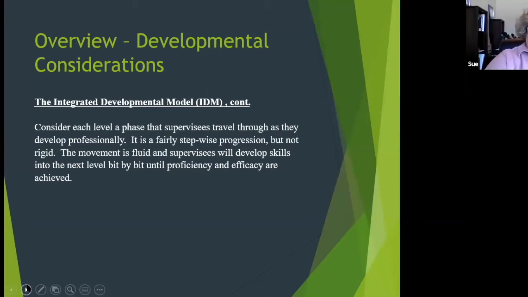So I want to talk about models just because it's a foundational understanding, I think, for clinical supervision, that you be working from a model. And part of the work as a clinical supervisor is that you figure out what your model is and work from it, just like you built your theoretical orientation as a clinician. What is the model I'm working from as a clinical supervisor? And that becomes a fairly foundational ethical piece, that you're thoughtful about that and creating that for yourself. So that's why I wanted to spend a little bit of time on that.